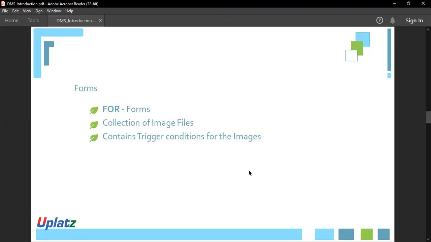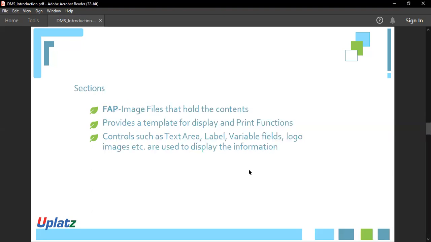You create multiple sections, you add them to the form, and that form will be added to the form list. It's again the same thing that we are talking about, and here also you'll have multiple triggering conditions wherever you record for the images. Okay, moving on. So the section, we have already mentioned about